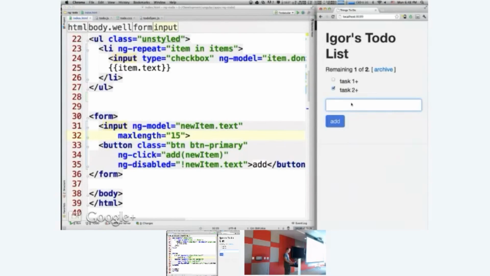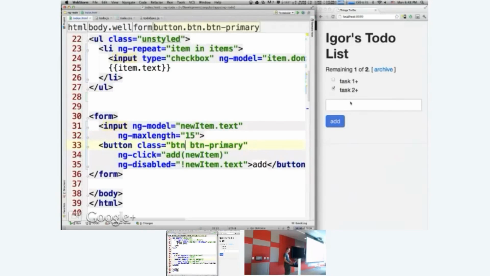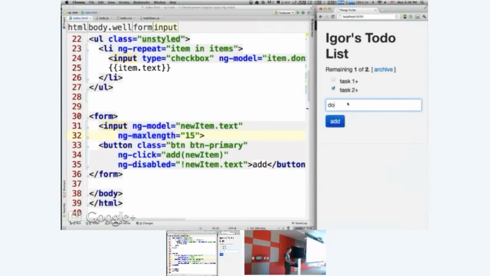And now if I say do something really awesome, I can't even finish because unfortunately this is how HTML works. If you say maxlength is 15 characters, then 15 is all you can do. So we thought that the behavior that you see in most modern applications, where the user is allowed to finish the sentence and then go back and edit it, like in many of the Twitter clients, is much better. So if I replace maxlength with ng-maxlength and just say do something really awesome,